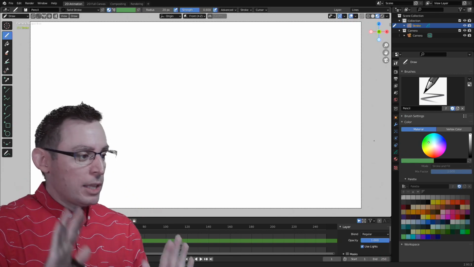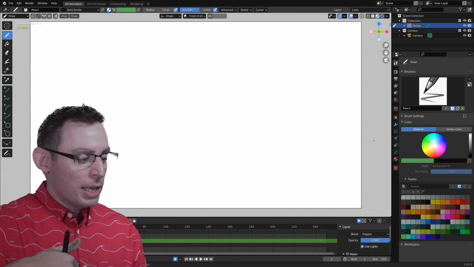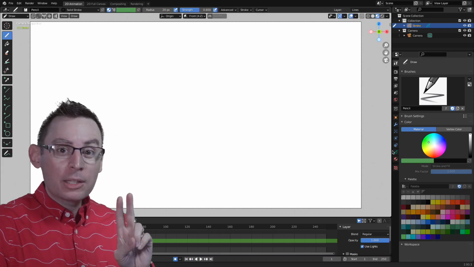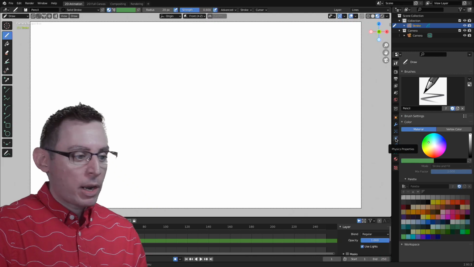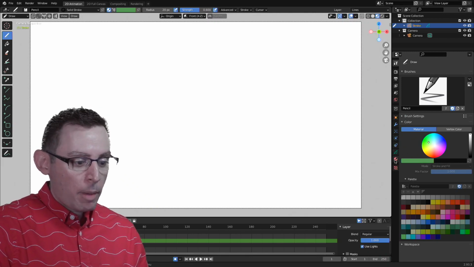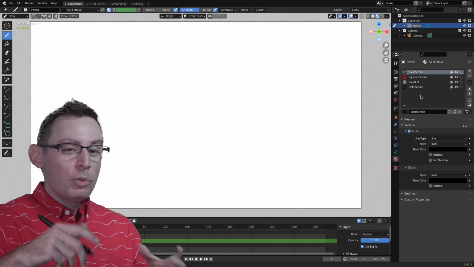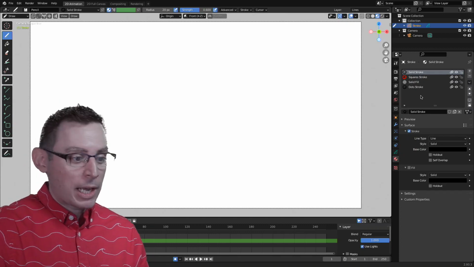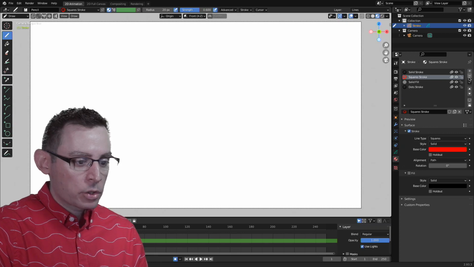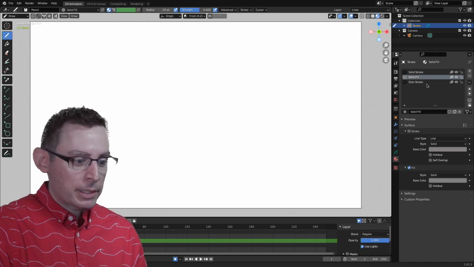Now, when we're setting the foundation for any animation, it's good to do some housekeeping pretty early on. So there's two things that I like to create almost initially right off the bat whenever I start a project. First and foremost, I want to go into my material library and start removing some of these objects that I know I'm just not going to need. Okay, I'm going to get rid of the square stroke. Don't need that material. Hit the minus sign.